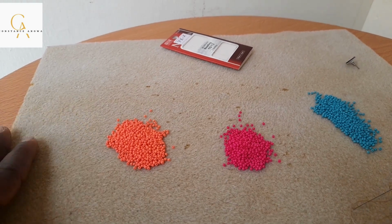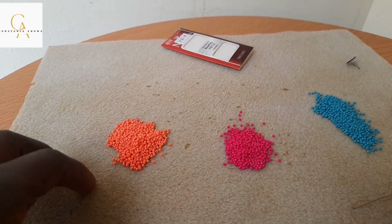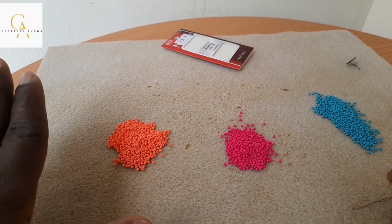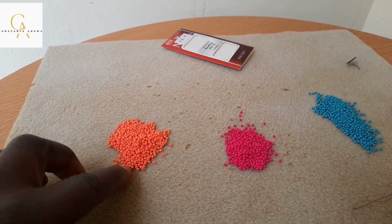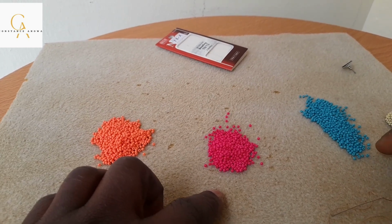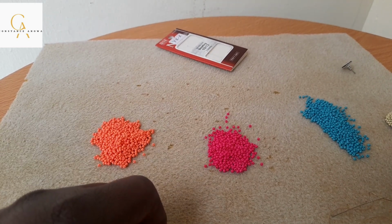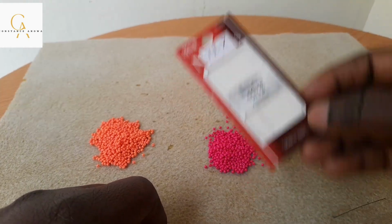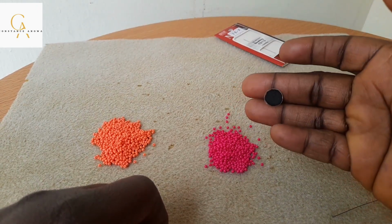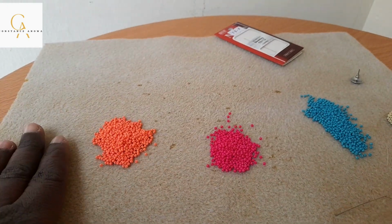So here are the materials for this tutorial. Now this looks like a peach color. First of all, they are all lemon seed beads and also glass beads. I'm going to use 3 different colors for this tutorial. The first one is a peach color, the second is a hot pink, and the third, on camera, looks blue, but it's a sea green actually. And also my beading needle and my already prepared stud. If you've been following me, you understand what I mean by already prepared. And then not forgetting my nylon thread, my beading mat,